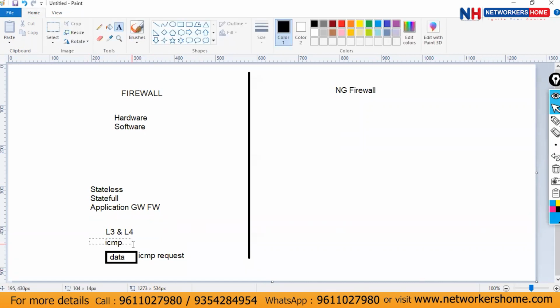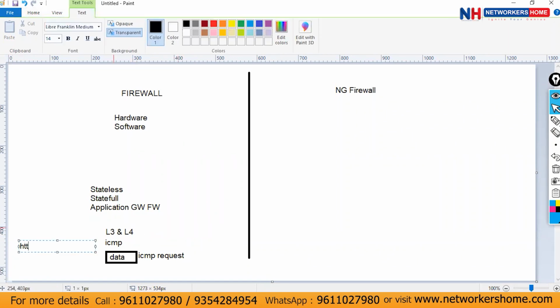let's say ICMP is not encrypted. If I want to filter ICMP, it is a layer 3 protocol. What's the protocol number for ICMP, guys? Protocol number 1. So I can filter at layer 3 for ICMP. If I block protocol number 1, I can filter it. Now let's say for example, I say HTTPS